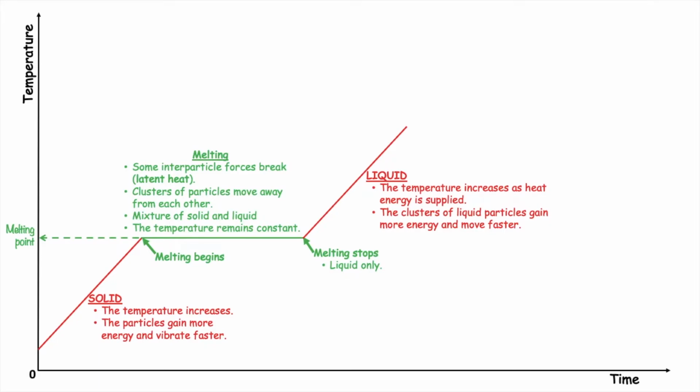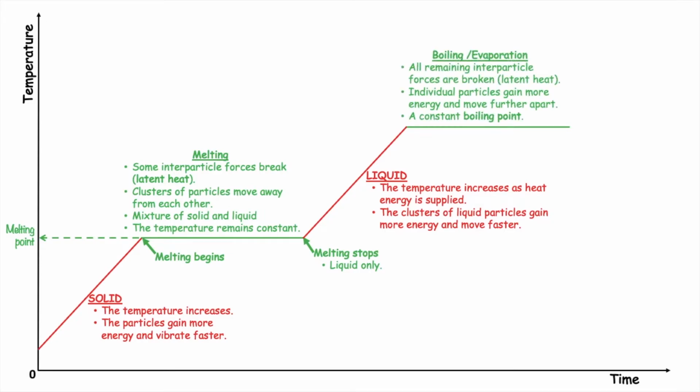Eventually, the liquid particles gain enough energy to overcome or break all remaining interparticle forces, which starts the fourth stage. And the fourth stage involves boiling and evaporation. During boiling, the energy supplied to the particles of the liquid is used to break all remaining interparticle forces. Individual particles therefore gain more energy and move further apart and escape the liquid, changing into the gas state. And this occurs at a constant or a fixed temperature at which the liquid boils,